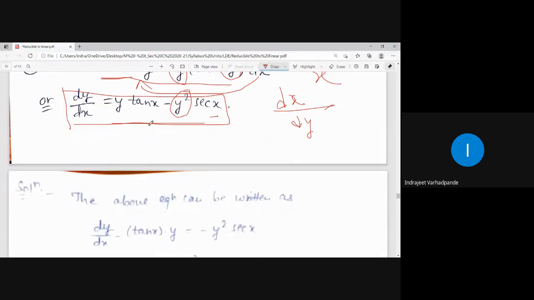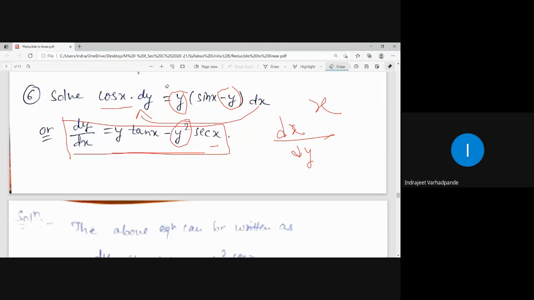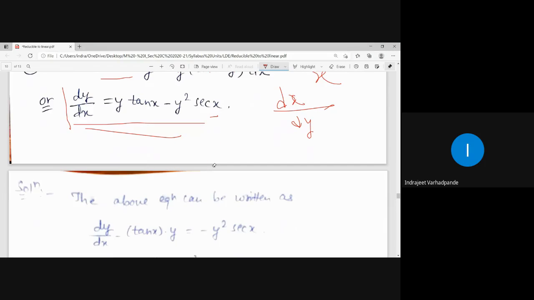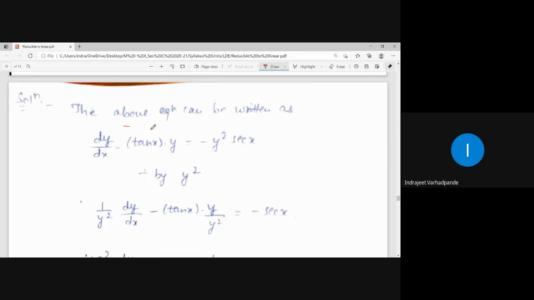So I start with, though the given differential equation is in this way, the first statement, I will convert it into this form, and then we will try to solve it further. What is to be done, this is to be shifted to LHS, and then we have to divide the whole expression by minus y square, or you can divide simply by y square, whatever is feasible. So the above equation can be written as dy by dx minus tan x into y is equal to minus y square sec x. I am preferring to divide it by y square sec x and minus sign as it is on the other side.